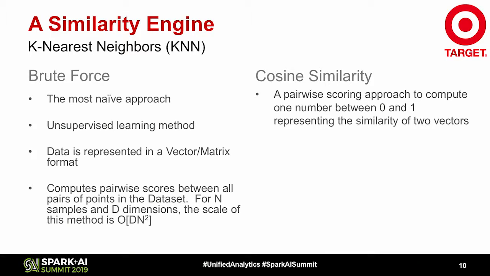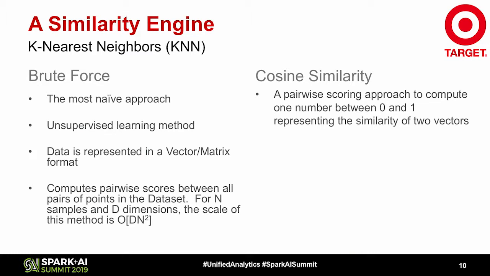So the team started out with k-nearest neighbors. There's a variety of algorithms you could use to apply k-nearest neighbors. Some are better than others. Some use approximations to handle the scale of data. But we went with 80-20 data science. We're going to do the brute force method, see what we can get out of it, see if it provides reasonable results, and then iterate from there. So we chose the brute force approach with k-nearest neighbors.